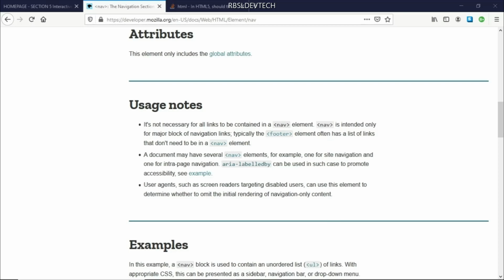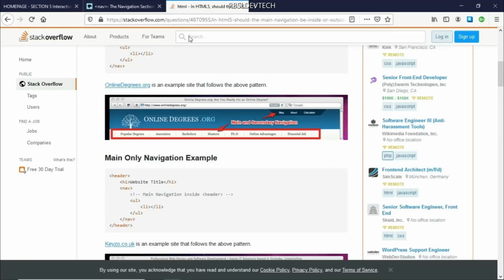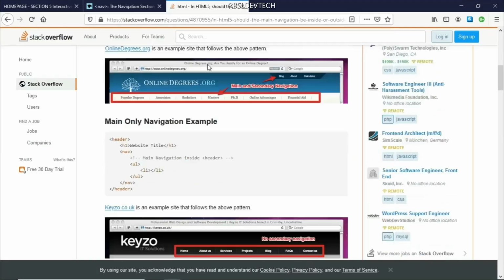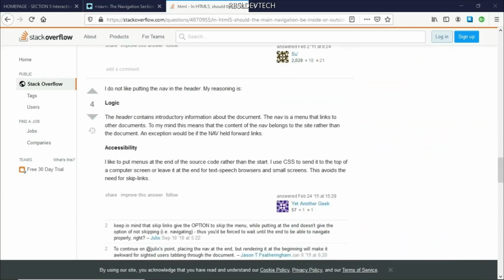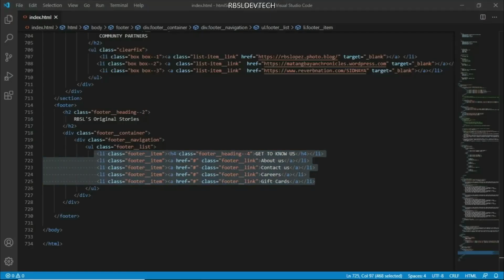So going back here, I'll be leaving the link here, so at least this can be a good reference for you to read some additional materials. Now let's go back to our code here. What I want to do is copy this